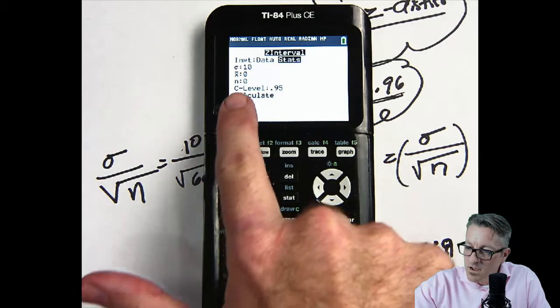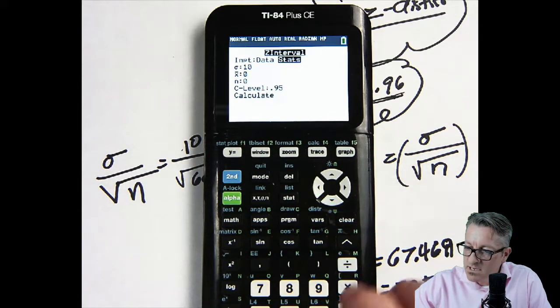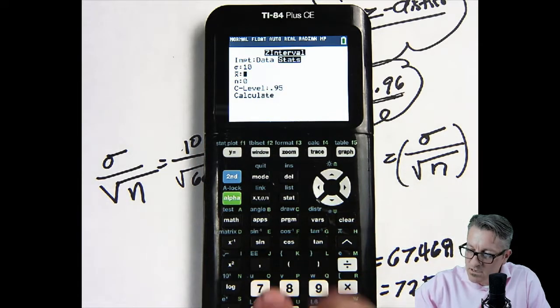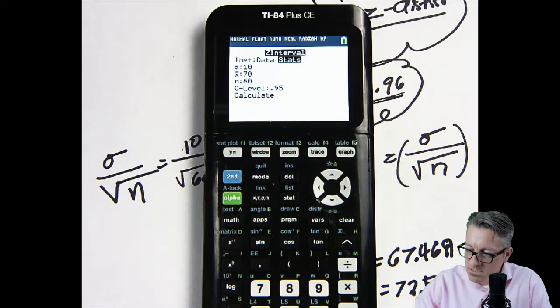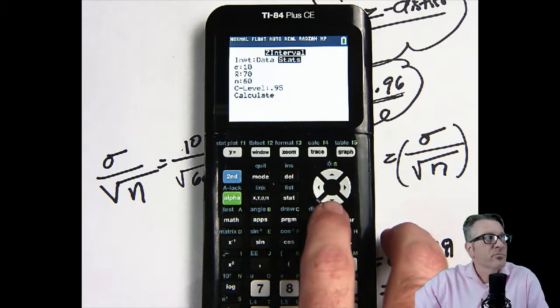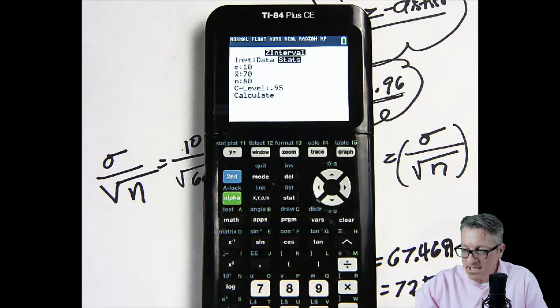Our sample mean is 70, and our sample size is 60. It says C level, that's our confidence level, and that's already set up for 0.95. And now I hit calculate.